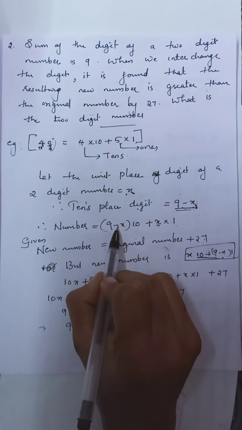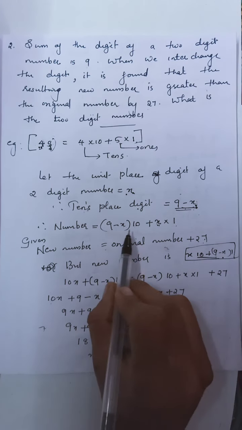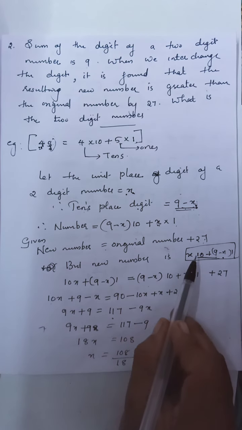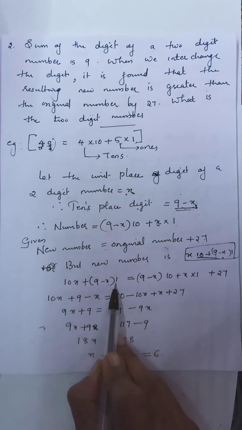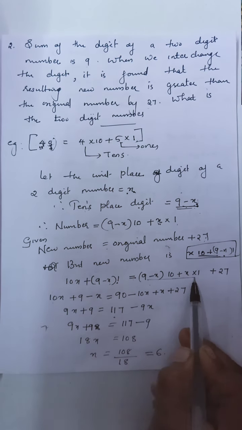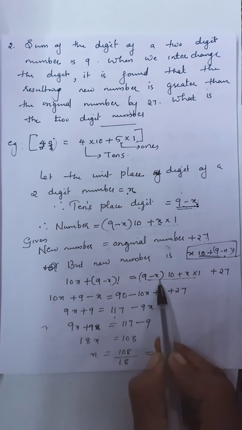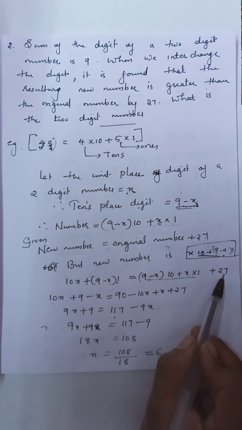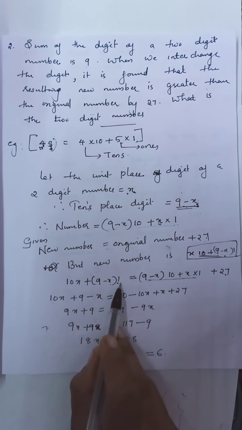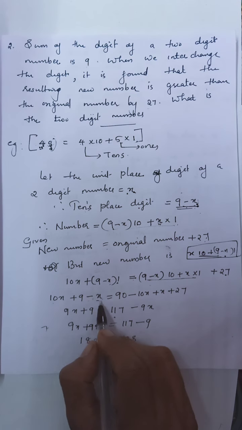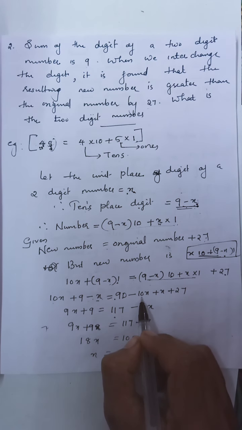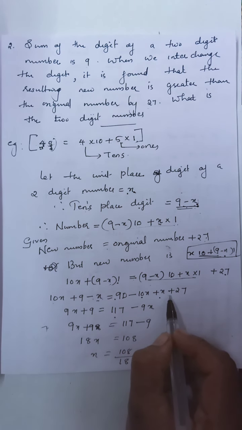The original number is this one, and the new number is just interchanging the digits. So given that 10x plus 9 minus x into 1, that is the new number, is equal to the original number plus 27. Then open the bracket: 10x plus 9 minus x into 1 is 9 minus x itself, is equal to 10 into 9, 90 minus 10x plus